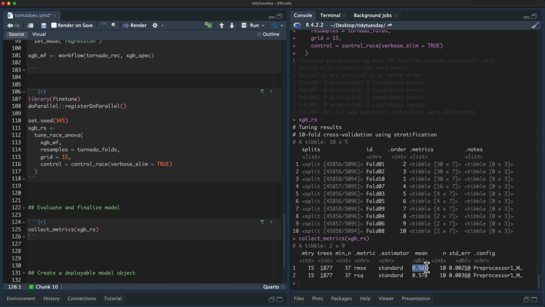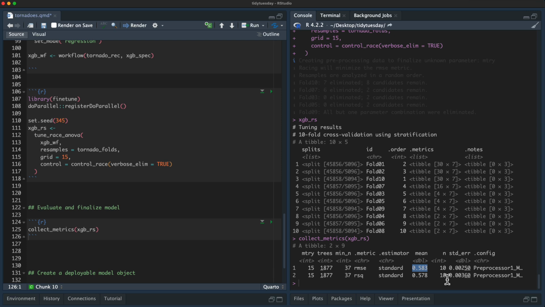Okay, and let's look at what these numbers are. So R squared around 0.6. Not enormous, right? That's the amount of variation that we explain with these predictors. The RMSE here, that's the root mean squared error, and this is on the same scale as the outcome, which remember is magnitude. So if you went from 0 to 1 to 2 to 3 in the tornado magnitude, it's on that scale.